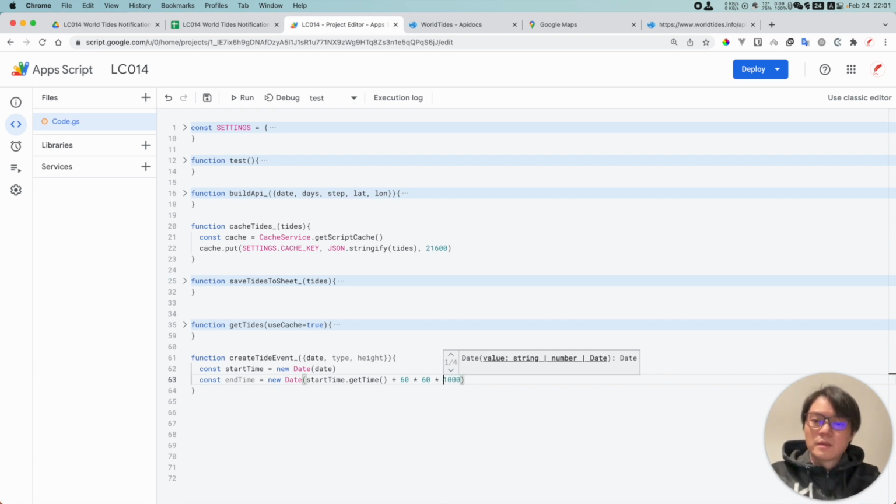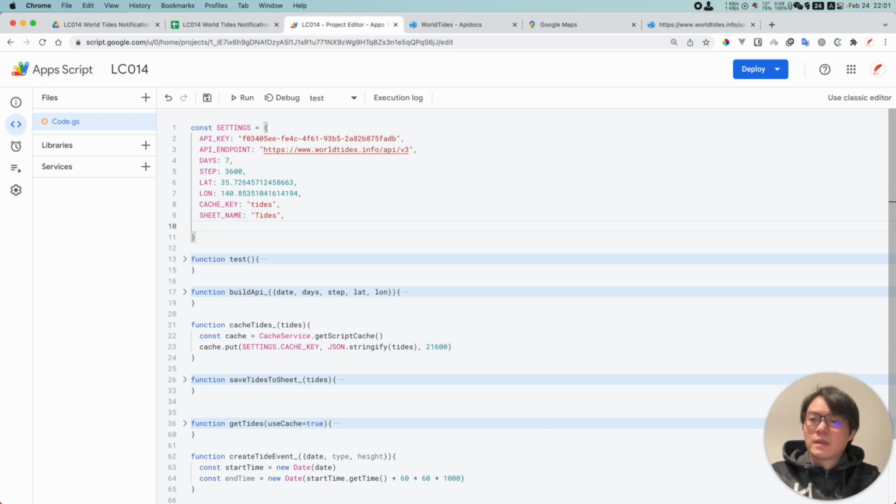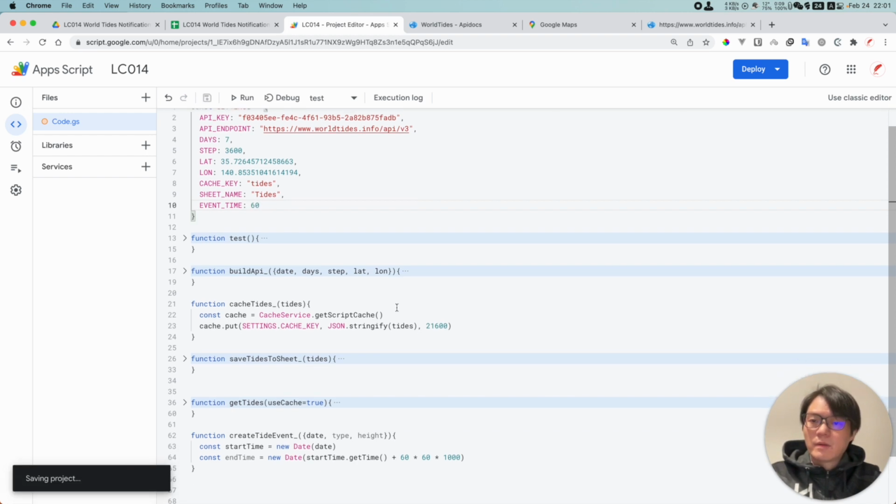So this is going to be 1 hour, right? And I think you can define the variable here called event time. So let's say by default it's 60 minutes. So we can use this